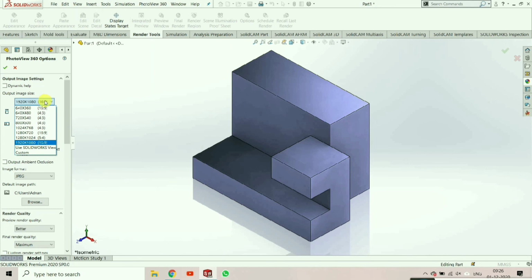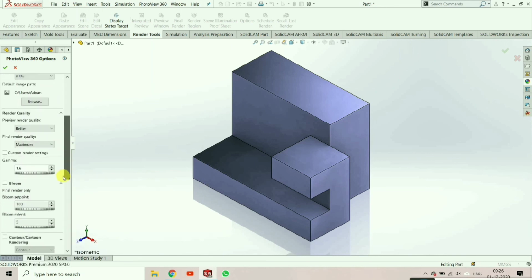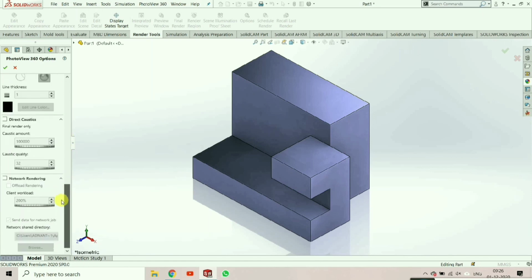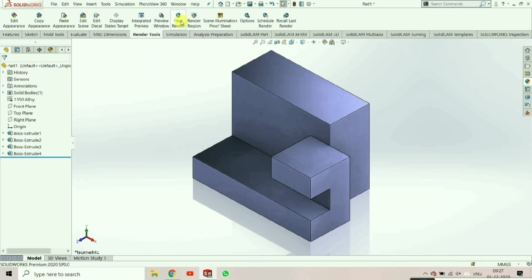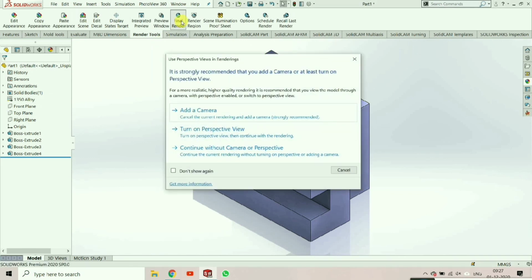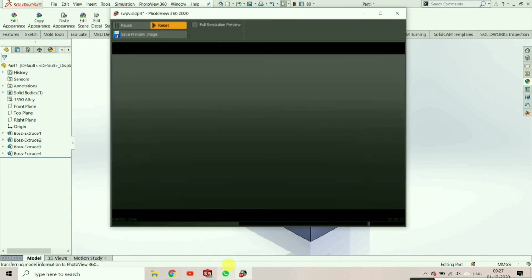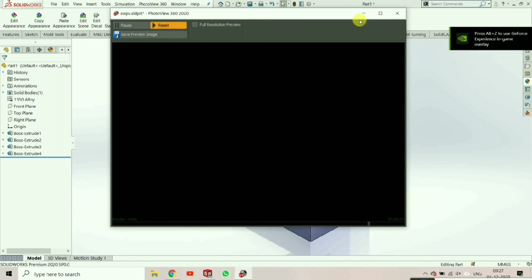Now I am going to render this, so click on render. I have already clicked. I have selected the maximum quality. Click on OK. Click on final render. Continue without camera or perspective. It will take the perspective view as a camera, so there is no requirement to add any camera.